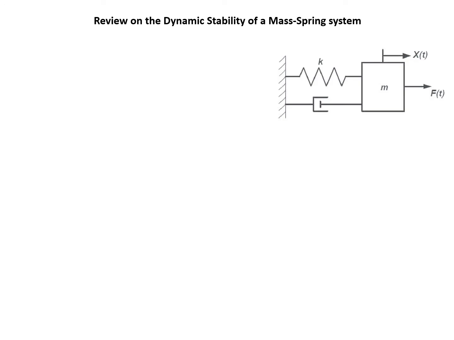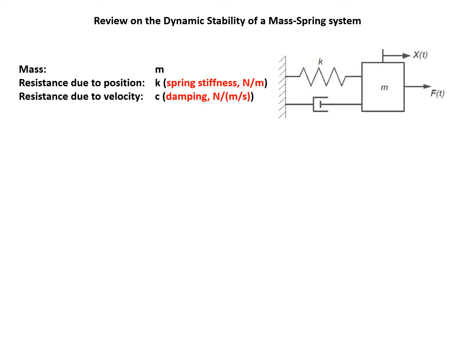So now let's review the dynamic stability of a mass spring system. And we're quite familiar with this kind of sketch. We have a mass M connected to the wall through a spring and also a damper. Now we have mass M and resistance due to position, which is K, also called spring stiffness. And for the damper, we have resistance due to velocity, which is indicated by C,